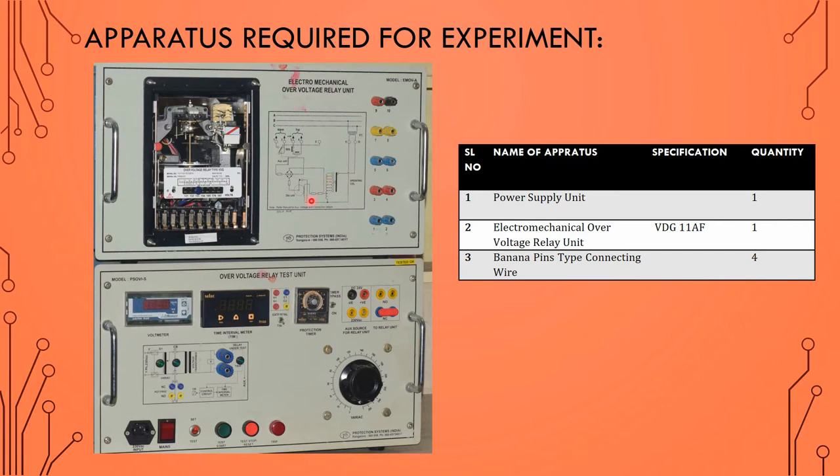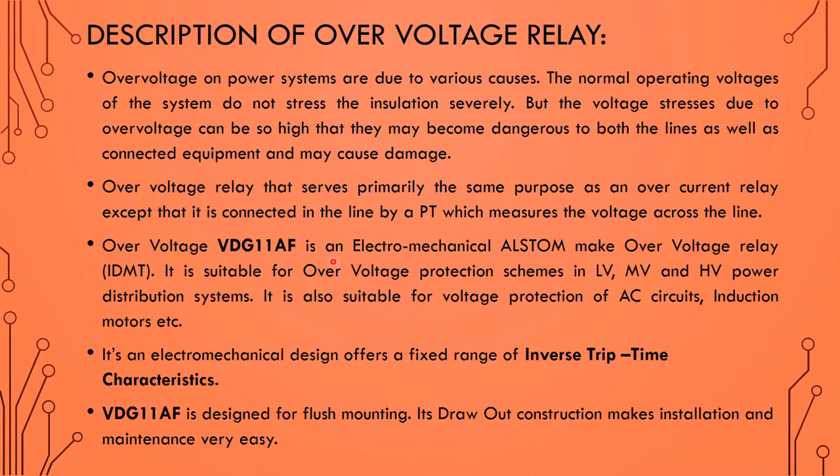and it will trip the signal which is going to the relay unit, that is voltage. That is the function of this power supply unit. So it will give voltage as well as having a circuit breaker, so that it will stop the voltage which it is giving to the relay unit. In addition to that, we need some banana pin type connecting wires to connect from the bottom unit to the top unit.